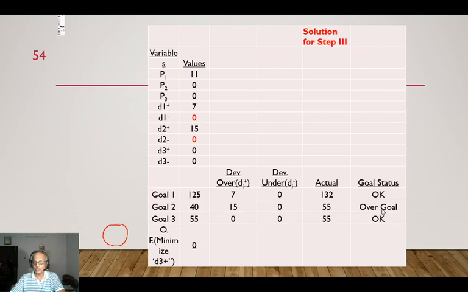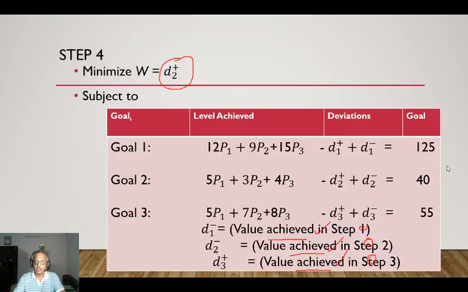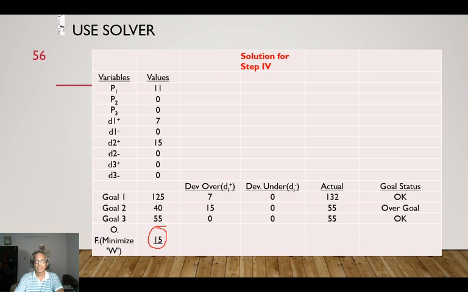So deviation over is achieved, deviation under is achieved, and deviation over for goal 2 is not achieved, and 55 is okay. That means budget is okay. Now let us go to step 4. That means minimize W equal to D2 plus, and I have taken D1 minus equal to 0, D2 minus equal to 0, D3 plus equal to 0. So taking all the values of D1 minus, D2 minus and D3 plus, we solve this problem